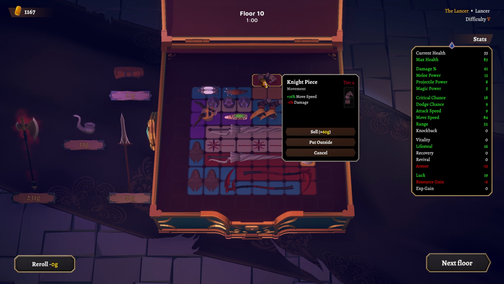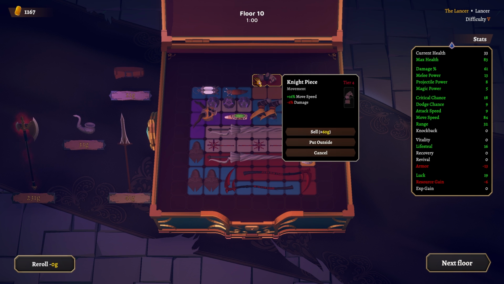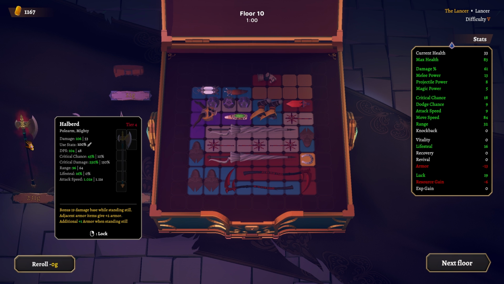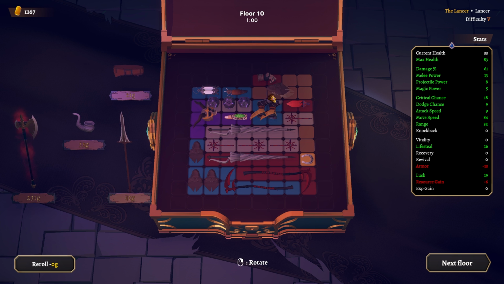We're going to buy this, obviously, as we get 1% damage for every 2 movement speed. So this is plus 2% damage and plus 16% movement speed. It's pretty cute. We could take a halberd. I think it's kind of weak. This needs to go in a spot that's actually helping us more. So, like,